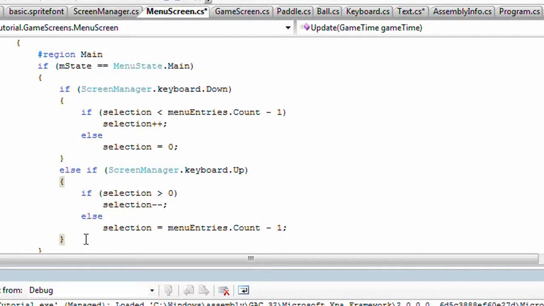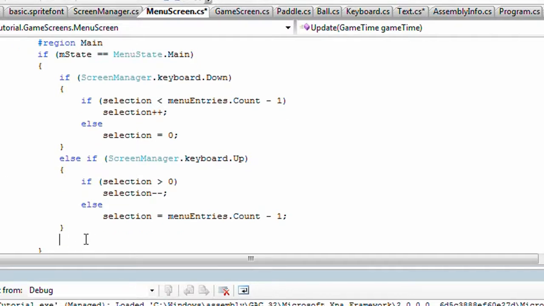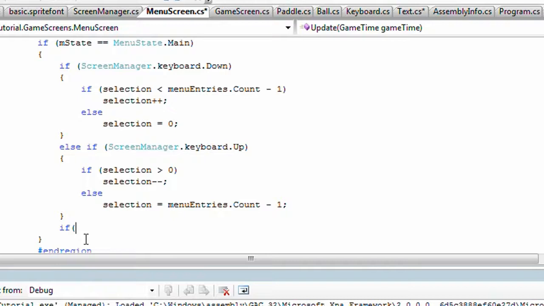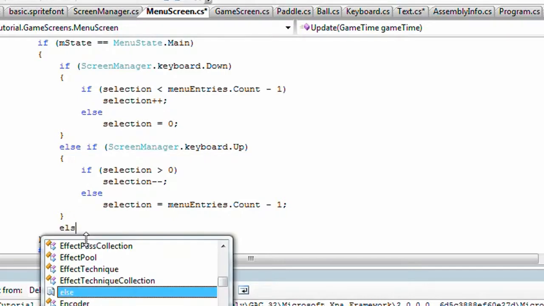So now that's our two basic keyboard presses, but what about accepting a cancellation or a menu select entry? Those are the last two buttons we need to work on. So let's do the cancellation button first. Else if